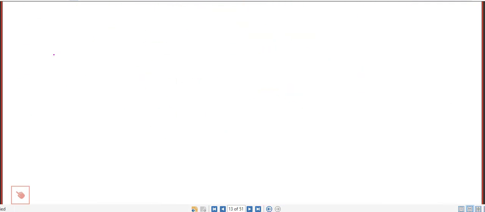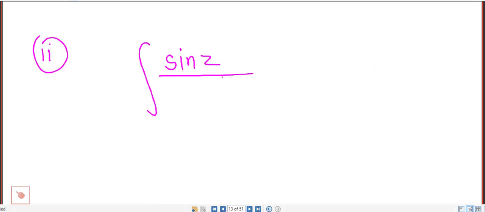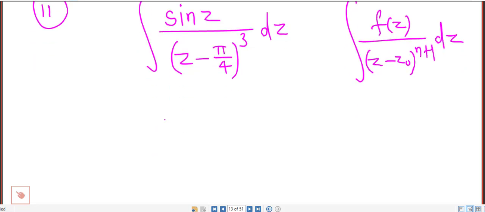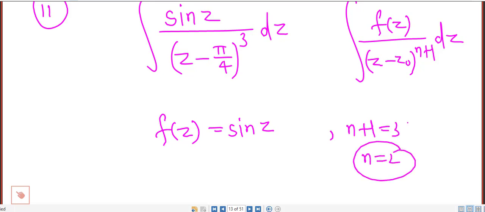So for that we consider, if we compare this sin z divided by (z minus pi by 4) to the power 3 with this integral f of z divided by (z minus z0) to the power n plus 1 dz, then we obtain that we have to consider f of z equal to sin z, n plus 1 is 3, so we will consider n equal to 2, and this function f of z is analytic everywhere, so it will be analytic inside the given circle, and the value of this integral